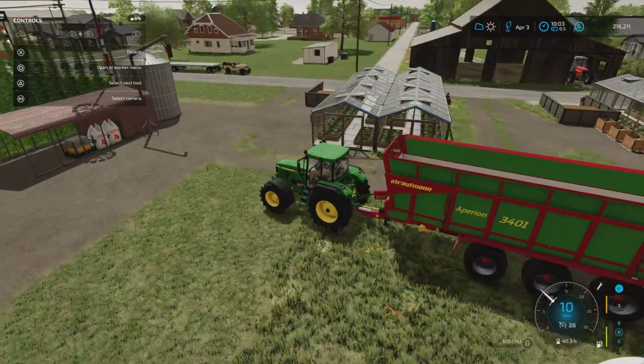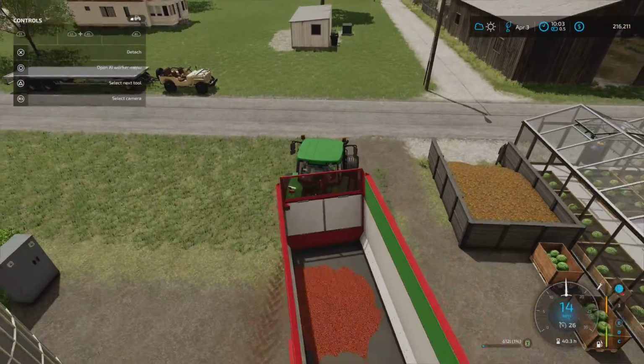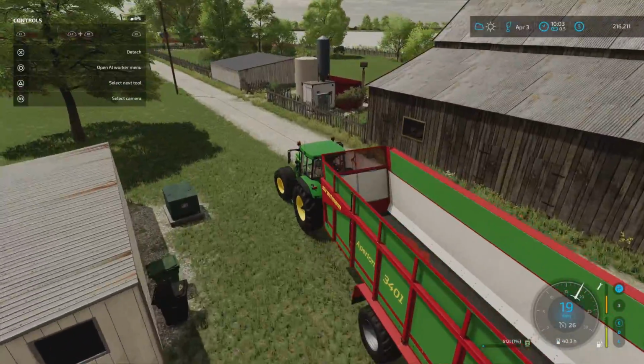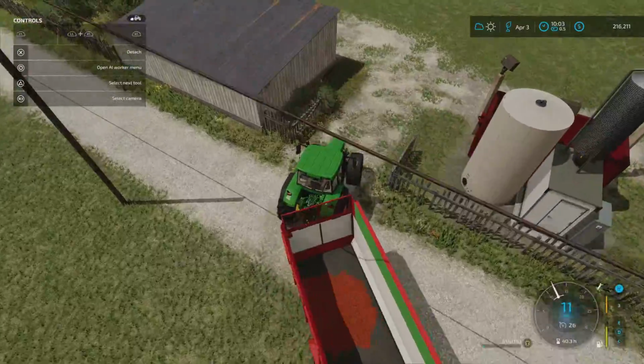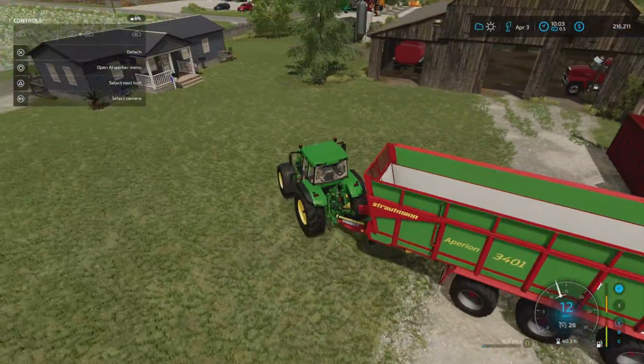I'll get my water tanker. Now the water tanker's only a 10,000 litre one, so I might have to do a few trips backwards and forwards. But let's get some hops going. We'll go down and check on the sheep as well and have a look at how much we've got. I don't think we've got a full thing yet. But let's